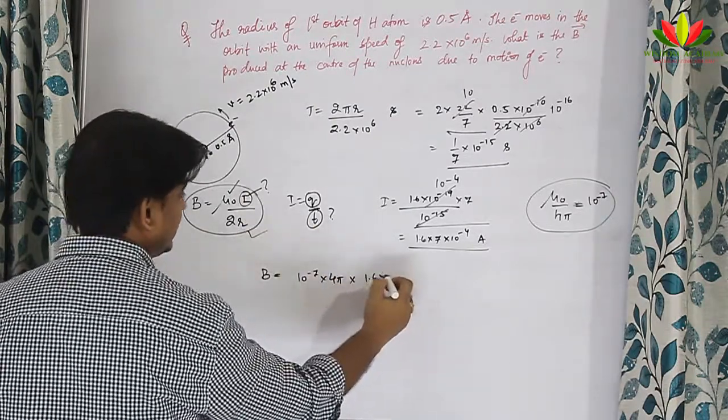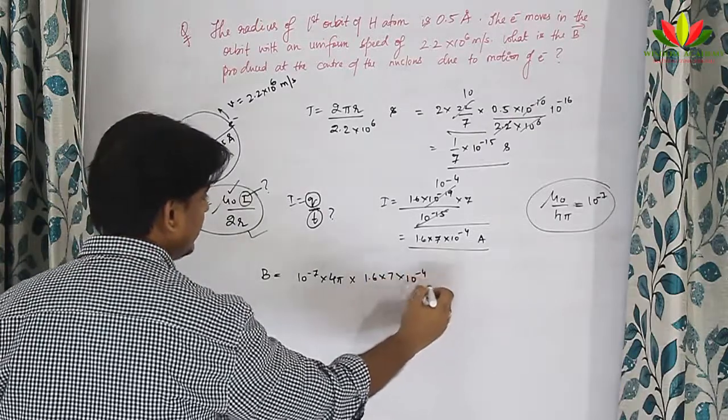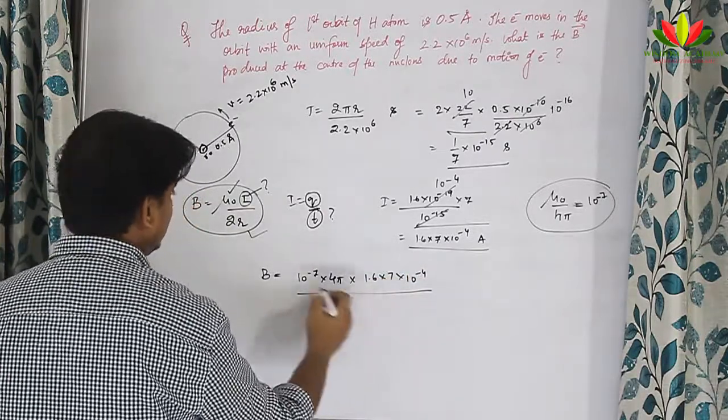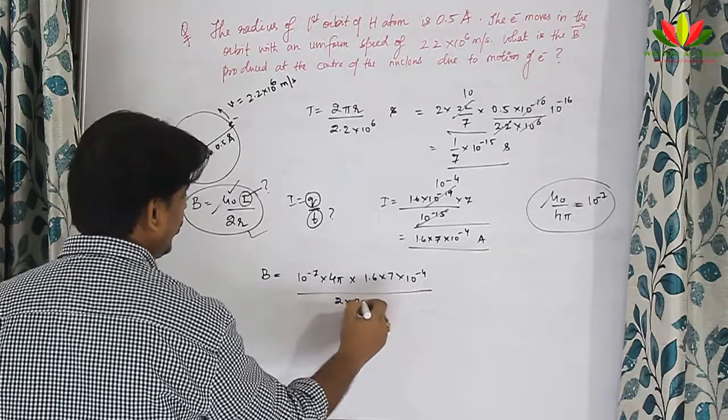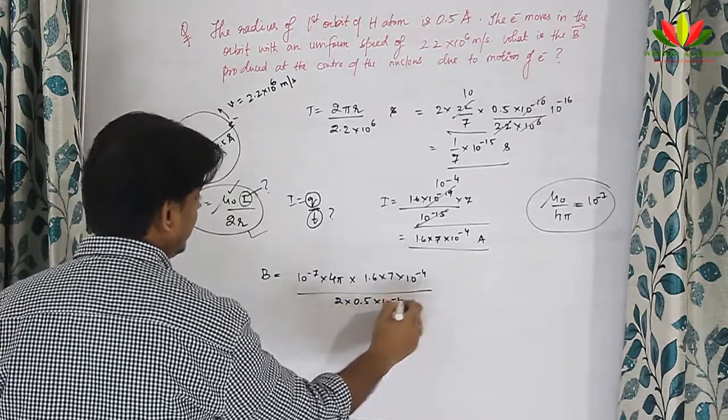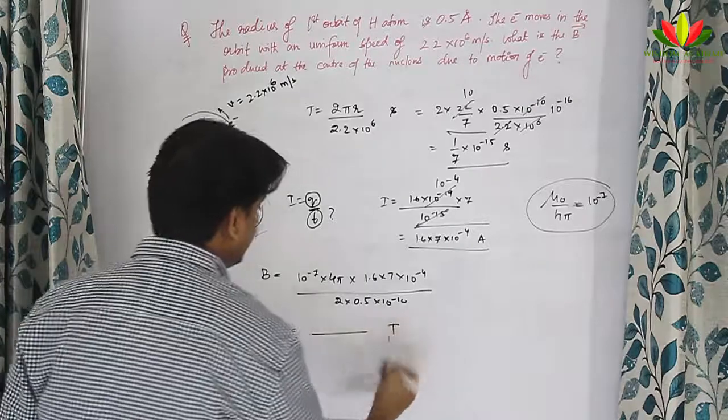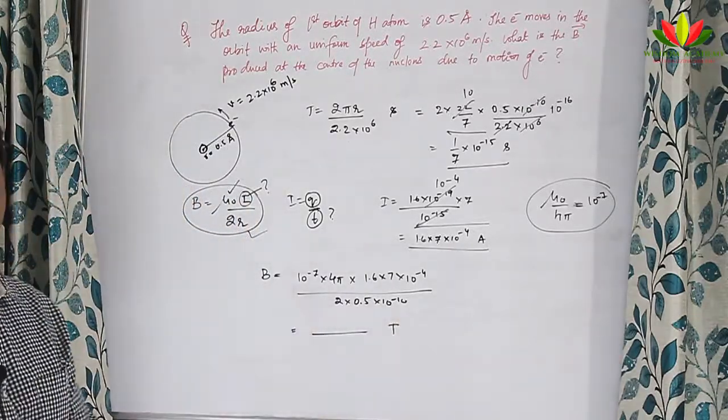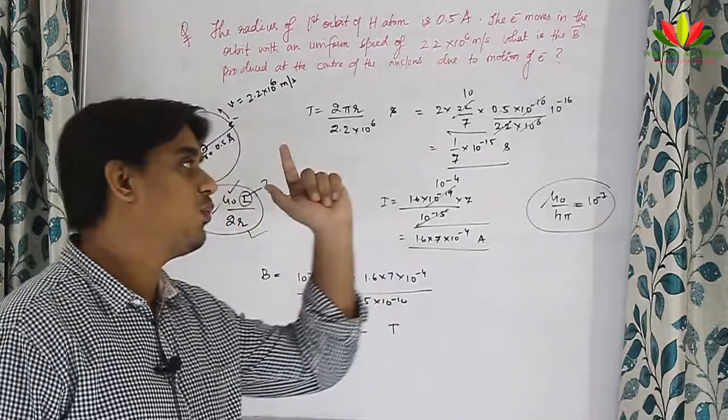current, which is 1.6 into 7 into 10 to the power minus 4, divided by 2 into r, which is 0.5 into 10 to the power minus 10. When you solve this equation, this much Tesla will be the magnetic field produced due to this electron moving around